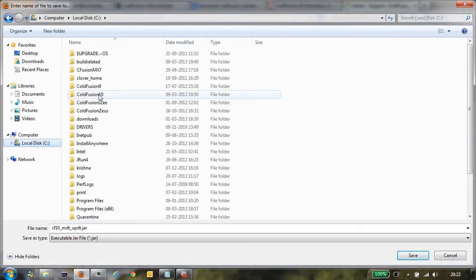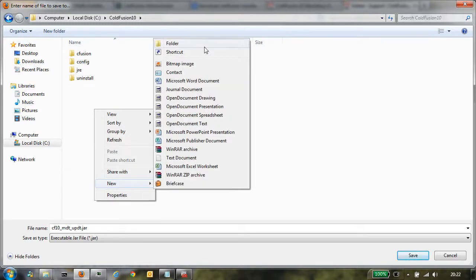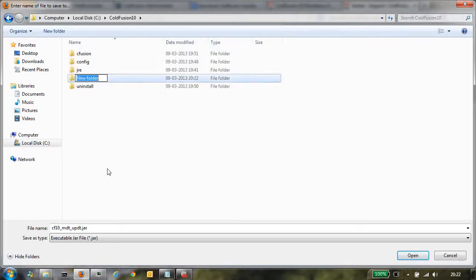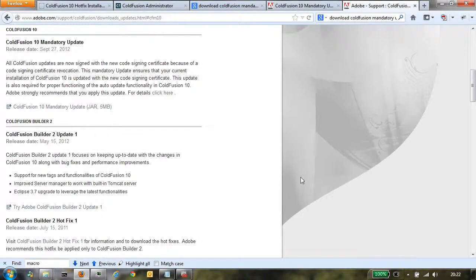Say you want to create a directory under ColdFusion 10 named mandatory update. Save it.